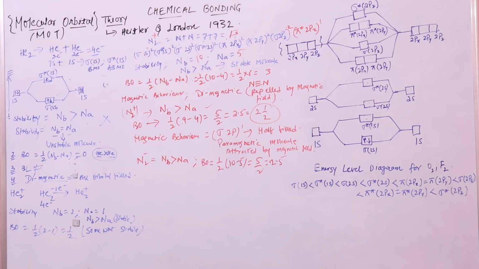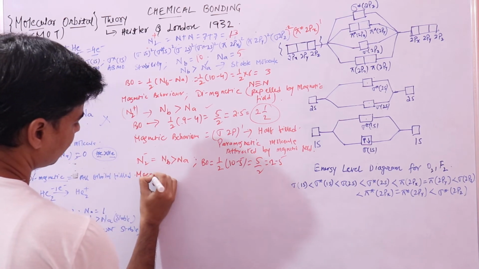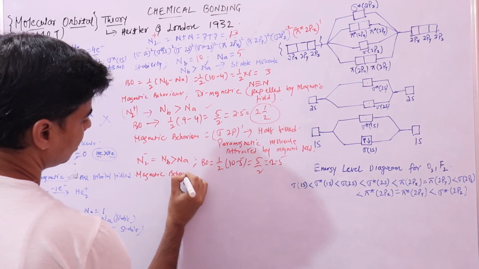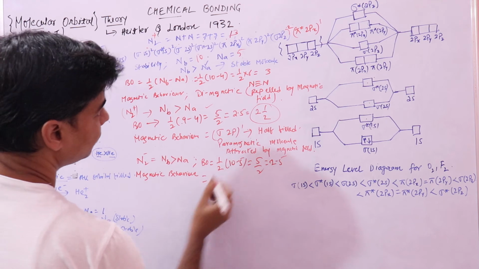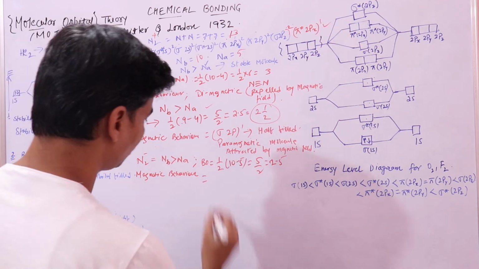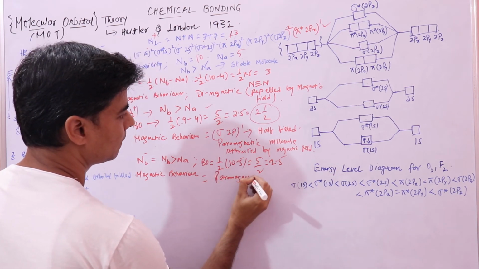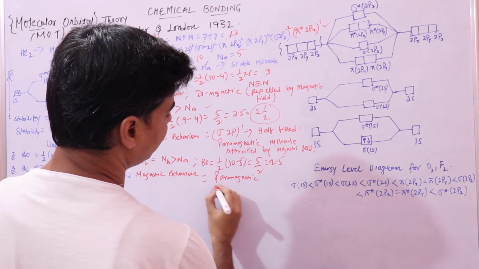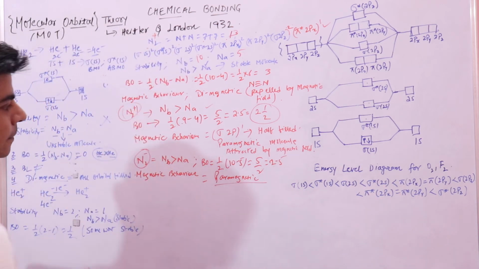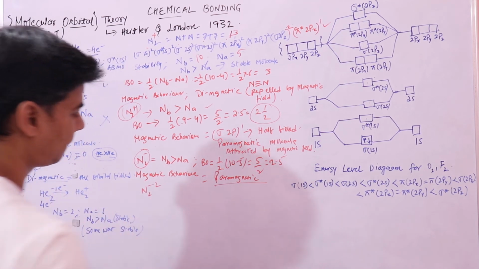And what about its magnetic behavior? You have one half filled anti-bonding orbital, so it would be paramagnetic, same as N2 plus. So this is clear. Similarly, if you have, say, N2 minus 2,